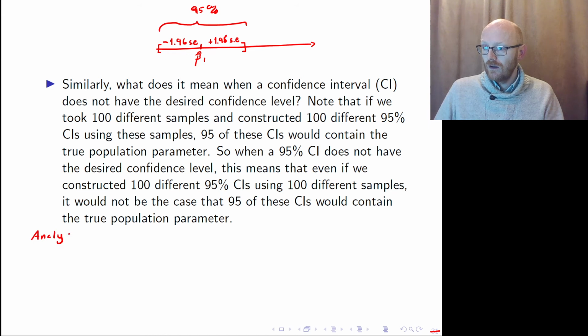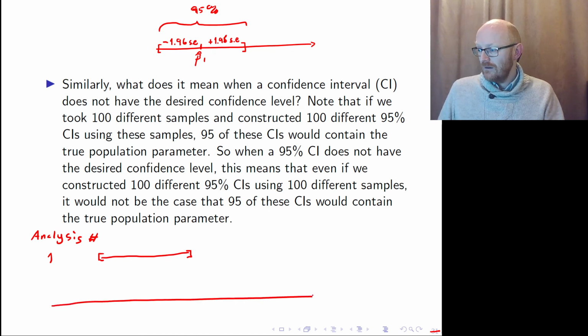Analysis number 1 has a confidence interval in this range, right? And this is the number line, and for example, the true beta 1 is here, then we expect the second analysis to have a 95% confidence interval, and the third one and the fourth one, and maybe they have